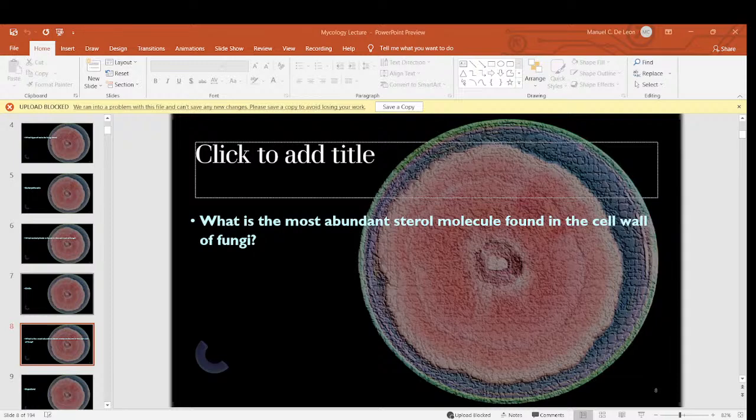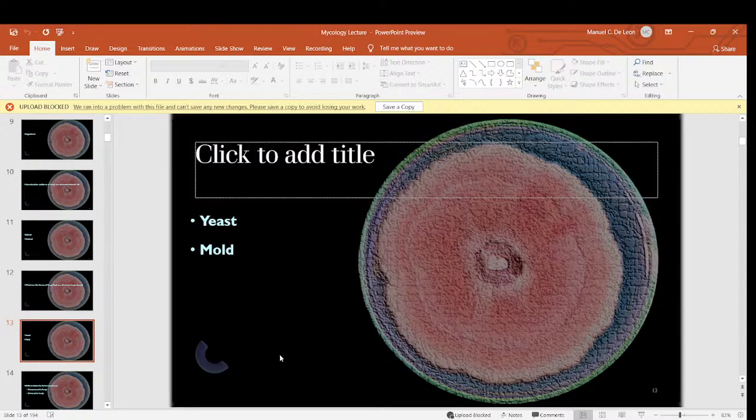Okay. Now, anybody can answer me a question. I'll follow up with a question for yeast. Yeast are usually seen in what optimal temperature? Anybody in the chat? Or you can unmute yourself and tell it to me directly. Anybody? The optimal temperature for yeast to be observed in the microscope. Is it room temperature? Is it body temperature? Or is it febrile temperature? Okay, I'll give you guys 10 seconds. You can search on Google.